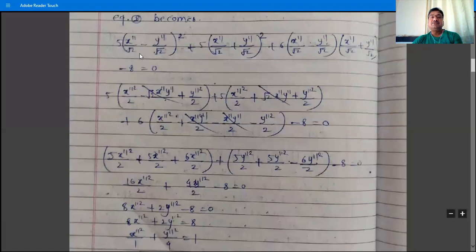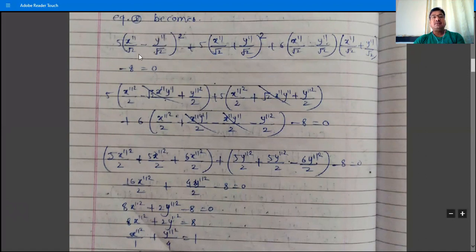So simplify this. Find the square of this bracket, what is it? 5 in bracket, the square of this bracket is x double dash squared by root 2 square, which is 2. Then its multiplication is 1 by 2 x double dash y double dash, and its double is x double dash y double dash. Don't write this root 2. The y double dash square by 2 is the square term, and it is the minus term.